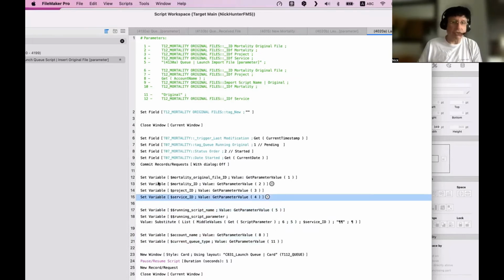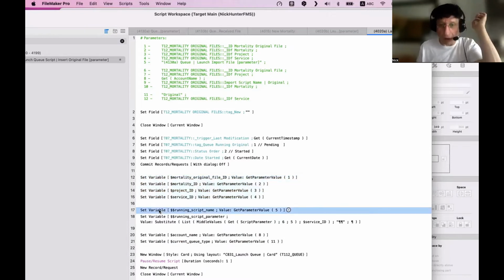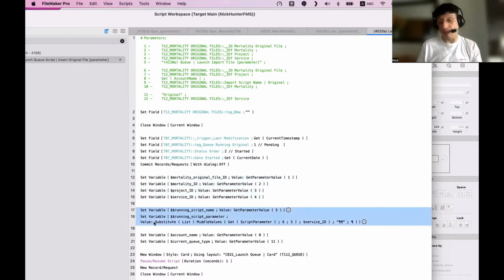I don't care to get this in memory. I don't give a damn about keeping that in memory. What I do care about is that I want to know what script I sent, for my debug purposes, to know what's going on. I do care about this, and I do care about the parameters.